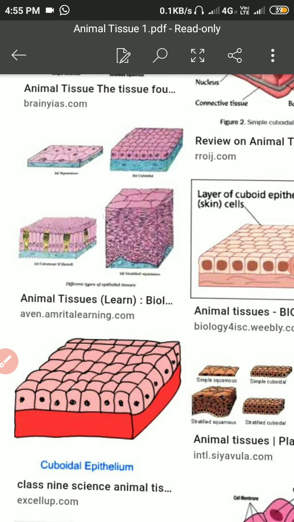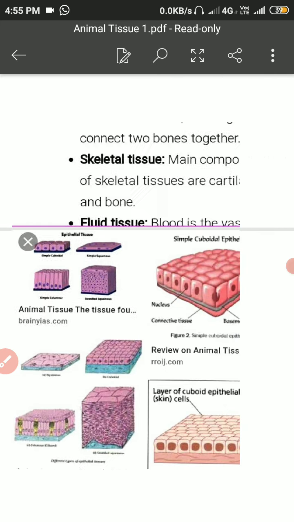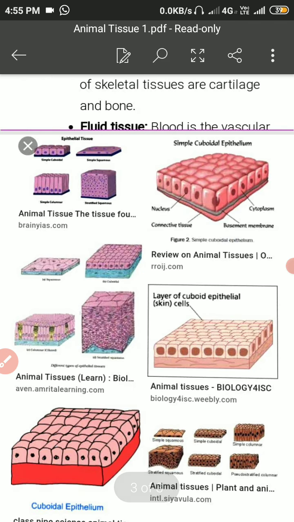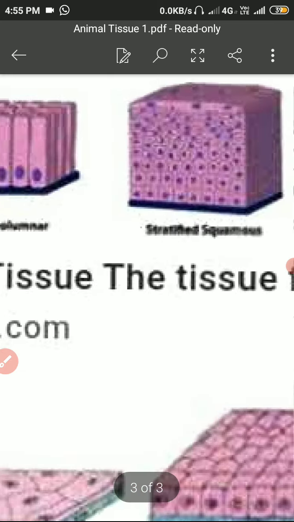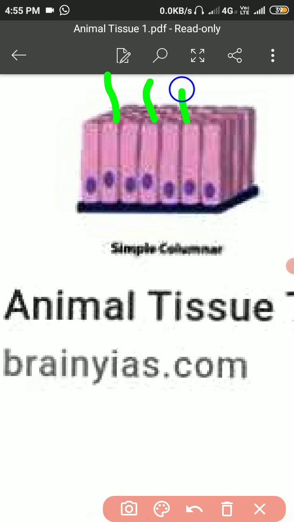Ciliated columnar tissue. Dear students, this is the columnar tissue. If this is the columnar tissue, see here, one more, if this is the columnar tissue, this one, so the cilia present on it, these are the cilia,